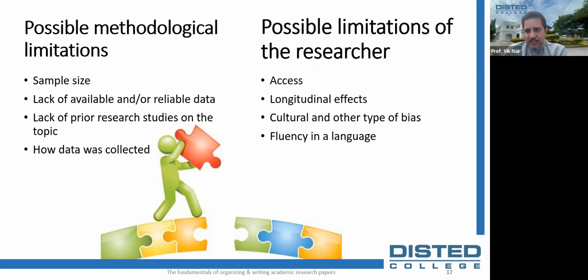Third one, cultural and other types of bias. We all have biases, okay? All of us, those of you who have done research, you will know that, whether we are conscious of them or not. Bias is when a person, place or thing is viewed or shown in a consistently inaccurate way because of our own biases. It is usually negative, though one can have a positive bias as well. So when you are proofreading your paper, be especially critical in reviewing how you have stated a particular problem, selected the data to be studied, and what may have been omitted, the manner in which you have ordered or arranged the